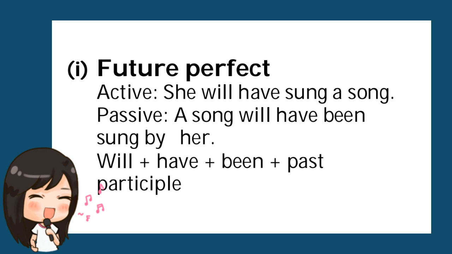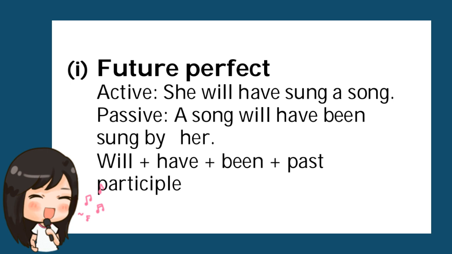In active voice we can look at the sentence she will have sung a song. Will have plus V3 form, that's the verb in active voice. Okay, she will have sung a song. While we change that sentence into passive voice, what all changes are made? First of all, we wrote the words a song, then the verb. What's the change that happened here? We added one been in between. Okay, in between will have and the verb form, we used a been.